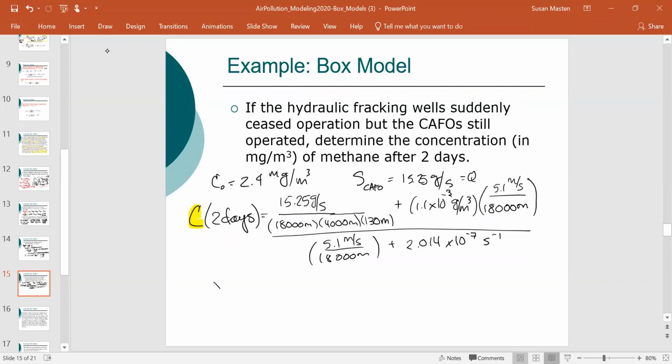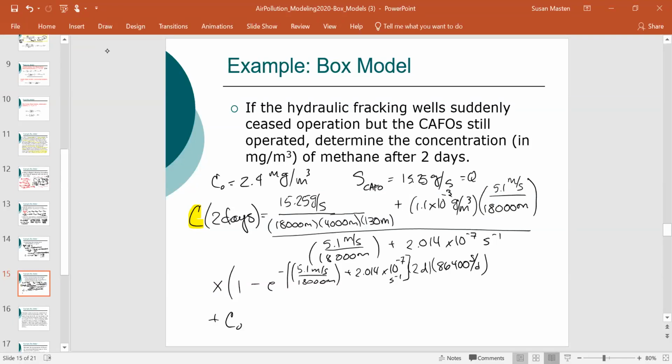We're going to multiply that by 1 minus e to the minus 5.1 meters per second over 1800 meters. Again, that's U divided by L plus my rate constant. I need to multiply that by 2 days. This is in inverse seconds, so we need to multiply by 86,400 seconds per day,